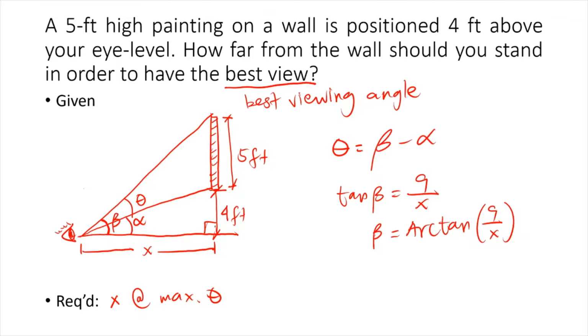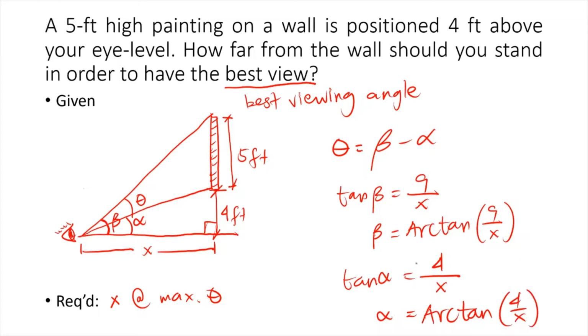We have opposite and then adjacent, so the same tangent of, in this case, angle alpha. So tangent of angle alpha equals, the opposite side is 4 feet, so plug in 4, adjacent side again is x. Okay, and then isolating alpha, apply inverse tangent both sides, so we get alpha equals arctangent of 4 over x. The next thing we need to do is plug in these equivalent expressions for beta and alpha to the